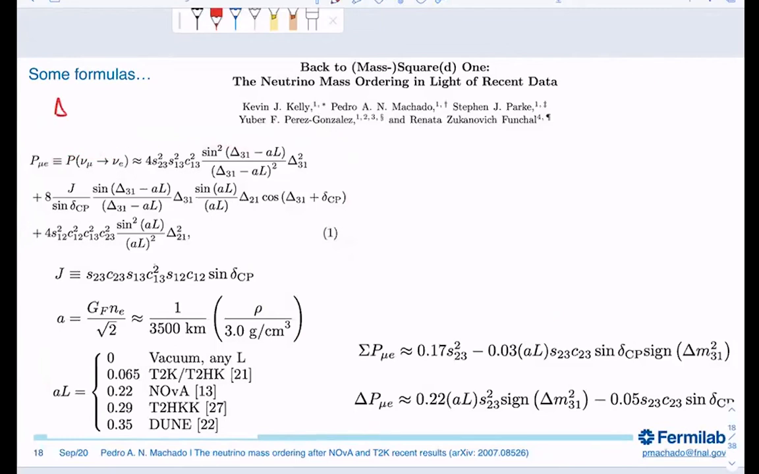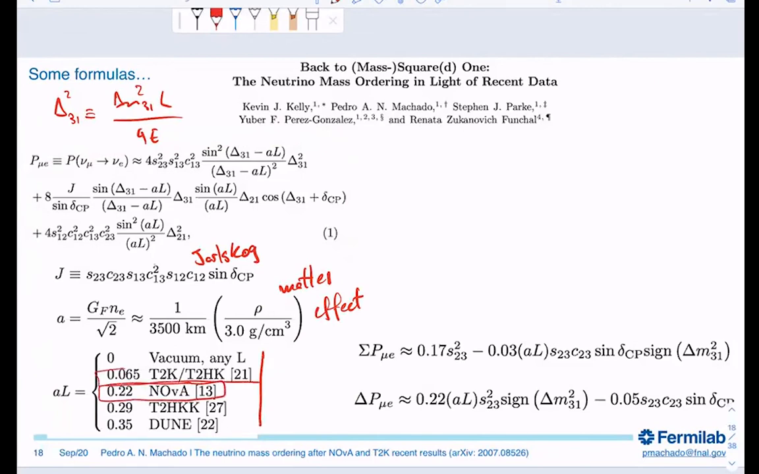So remember, delta 31 square is defined as delta m square 31 L over 4E, and the same for delta 21. This guy here is the matter effect. This guy here is the Jarlskog. So that measures the amount of CP violation. And you have the size of the matter effects, particularly for NOvA and T2K, okay? So if you take this,